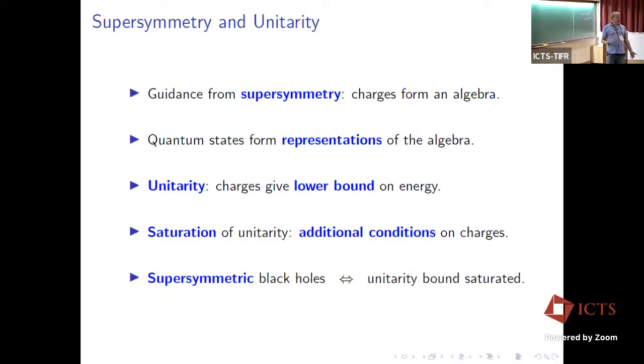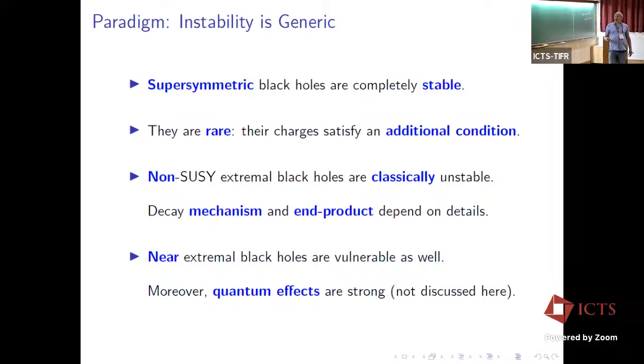And those are the ones that I'm interested in. So the paradigm that I'm interested in, and going to advocate for and develop a bit, is that actually instability wins. Instability is generic. Supersymmetric black holes are stable, but they're rare. They correspond to putting on additional conditions. So you must put extra conditions on your continuous parameters in order to get supersymmetry. If you do not put these things on, you have extremal black holes, but they're not supersymmetric, and they will